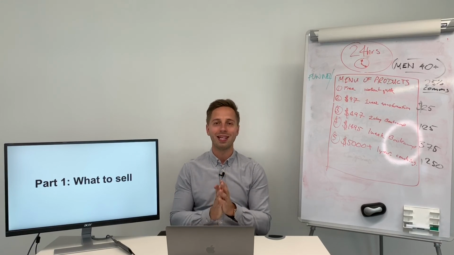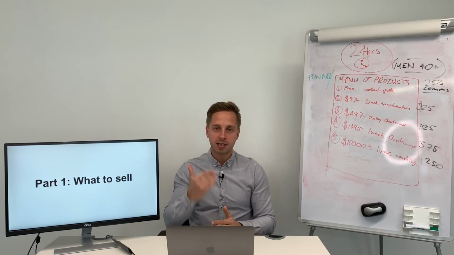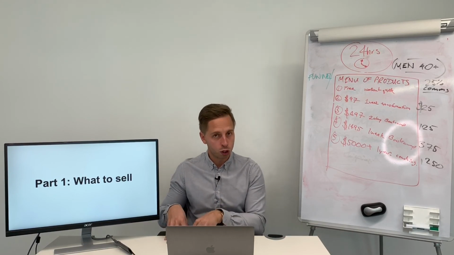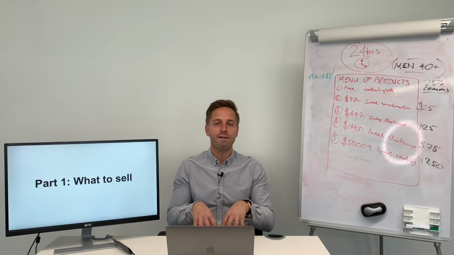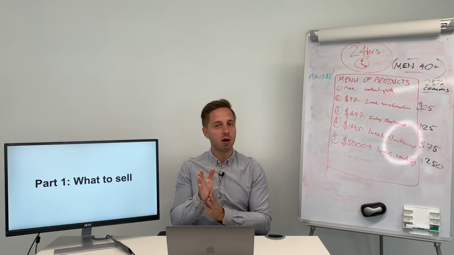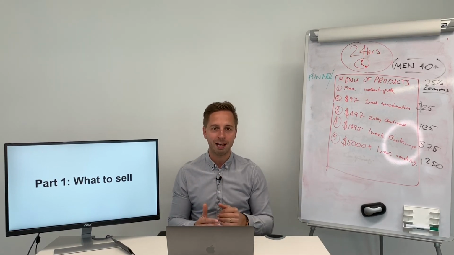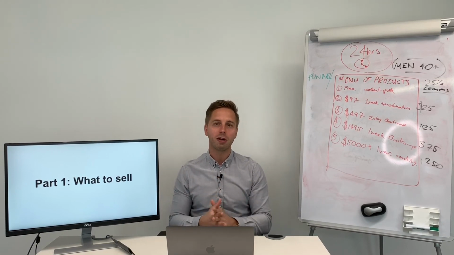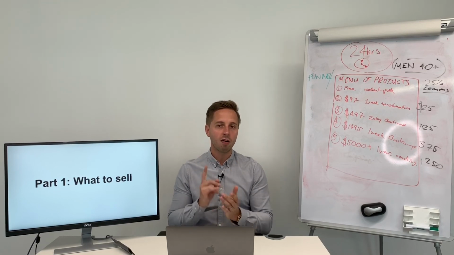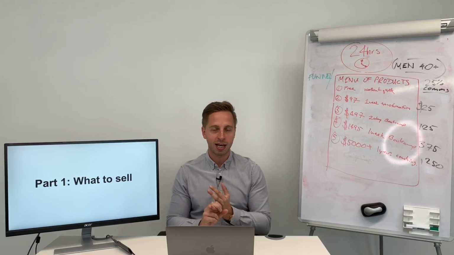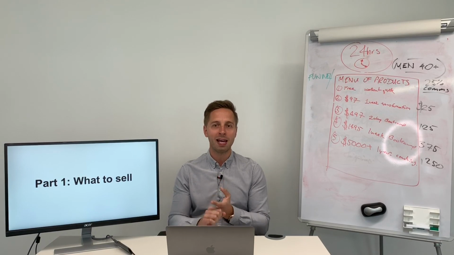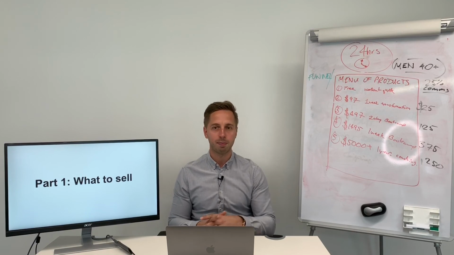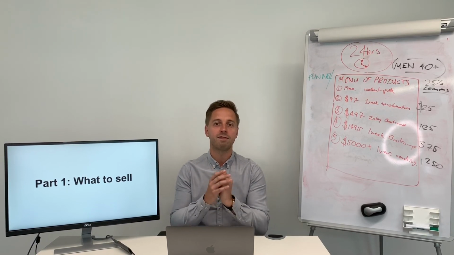So that's part one. Believe me, this is the most essential part of the lesson. The others are important too, but this is what I really feel gives you that clarity going forward. Because once you're clear on what you're selling, and you've got that roadmap to move forward, it's just so much easier, okay? So get clear on what you're selling and how much you're selling it for. What is it that people are going to pay you for? Are they going to transfer money into your bank account or pay you via PayPal or Stripe or whatever it might be? That's very important.